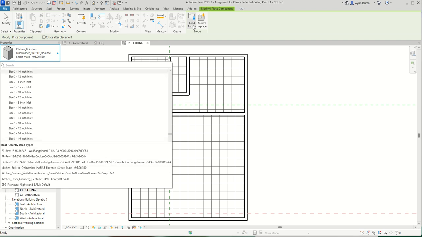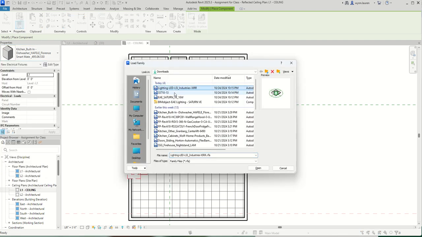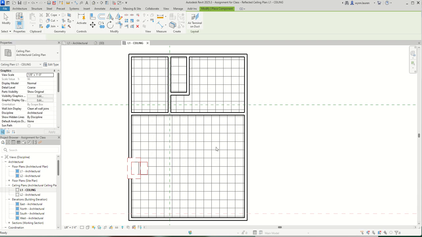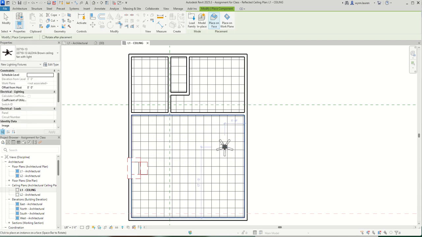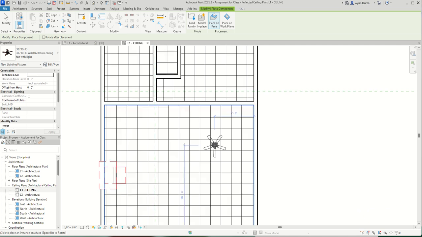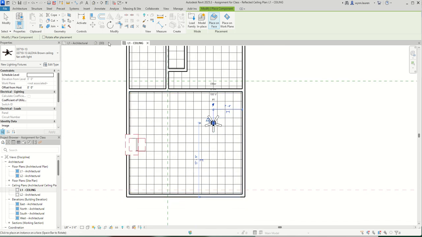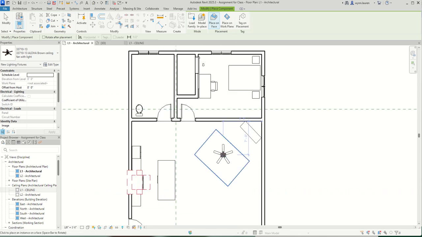let me see here. I think I need to load it. It was this one. It's like a ceiling fan with a light. And so you can bring it into Revit. I downloaded this from BIM Object. I just searched for ceiling fan with light, and you can place it, and maybe that's your living room. Okay, and then sometimes this can get kind of tricky because you may want to place it in your floor plan,